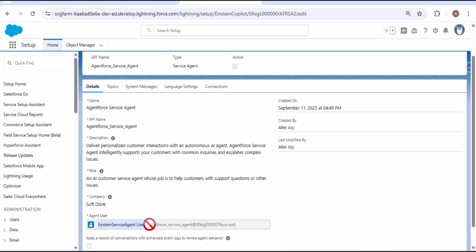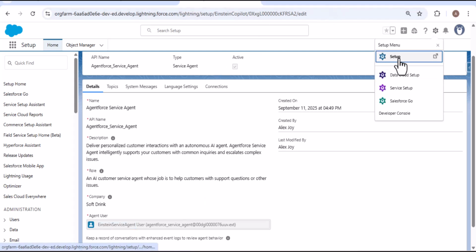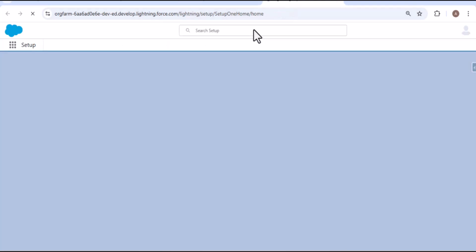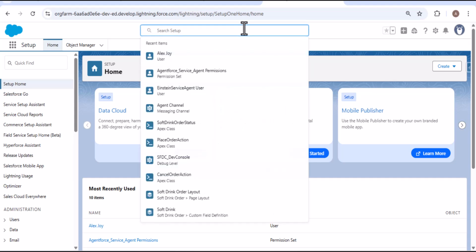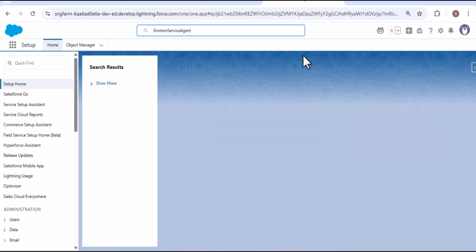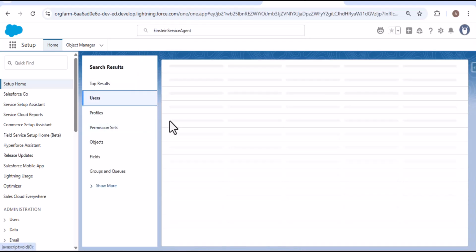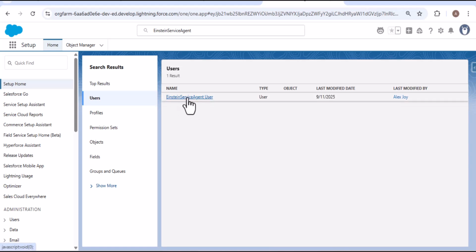So here let me copy this username. I am navigating to Setup. So I can directly search in the global search for this user. So here we have that user. As I open it,